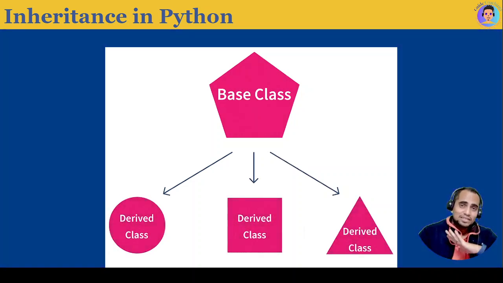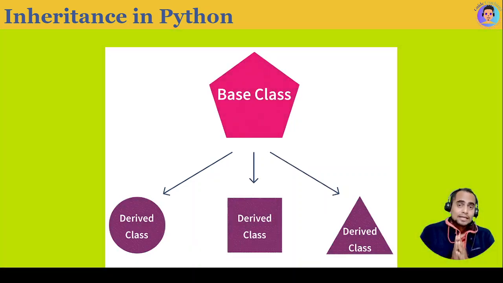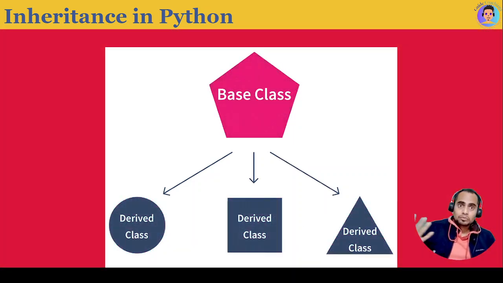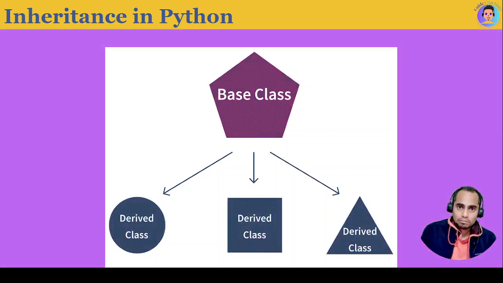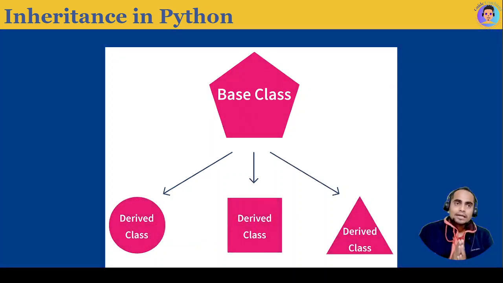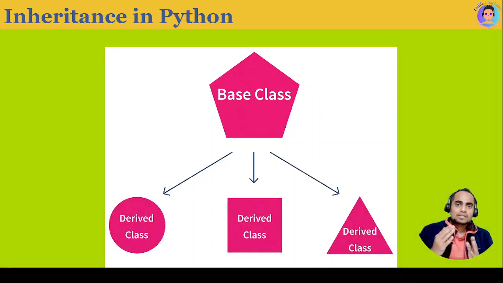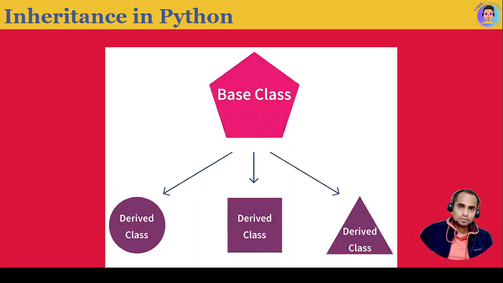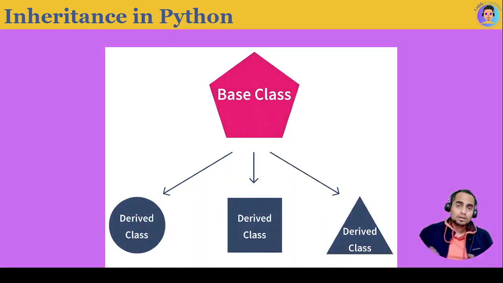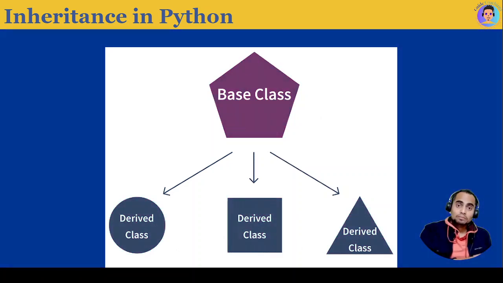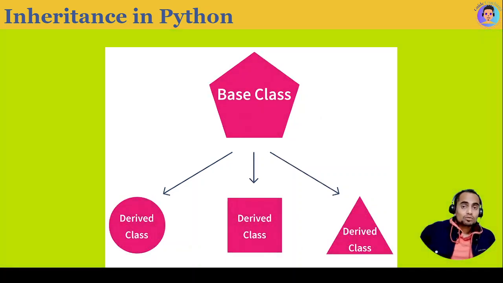By using the thumbnail you already know which topic we are going to talk about, and as you can see on the screen, we are going to talk about inheritance. So what is inheritance, how does it work, and why is it so important? Okay, so basically inheritance is a concept which is applied in programming, but it is taken from the real world. First we'll talk about the practicality, and then we'll go for the programming.